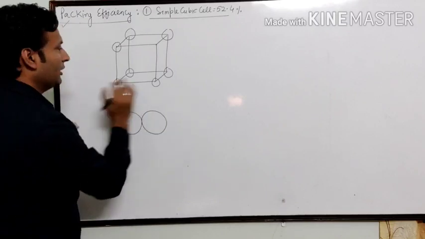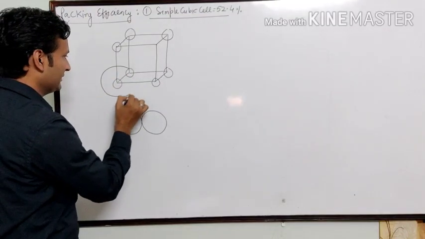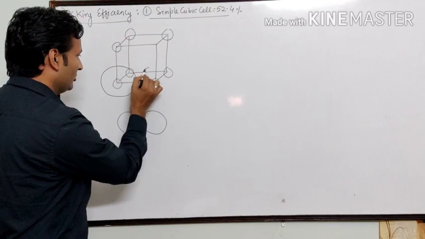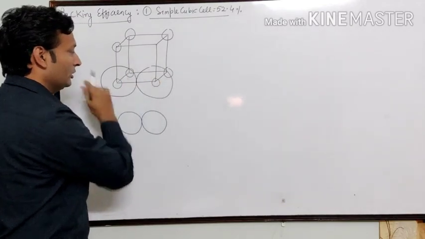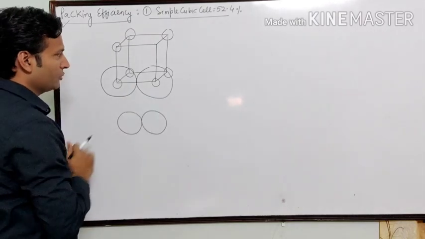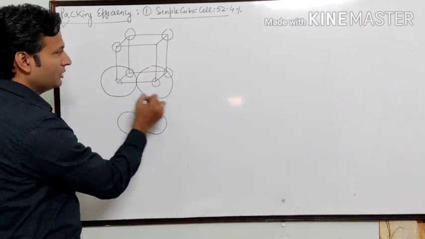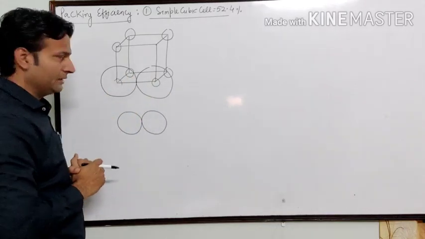तो फिर मैंने इसको यहाँ क्यों नहीं बनाया? क्योंकि अगर इस पार्टिकल को मैं इतना बड़ा बना देता लाइक दिस, सिमिलरली इस पार्टिकल को मैं इतना बड़ा बना देता लाइक दिस, तो इस स्ट्रक्चर को एक्सप्लेन करना थोड़ा मुश्किल हो जाता. नाउ दिस इज द एक्चुअल कंडीशन. दीज टू पार्टिकल्स आर क्लोजर टू ईच अदर इन ए सिंपल क्यूबिक यूनिट सेल.